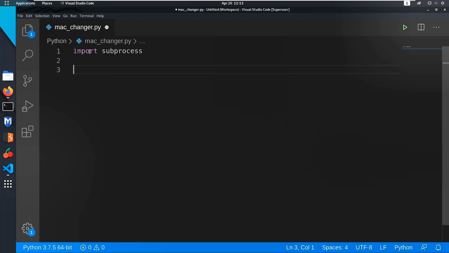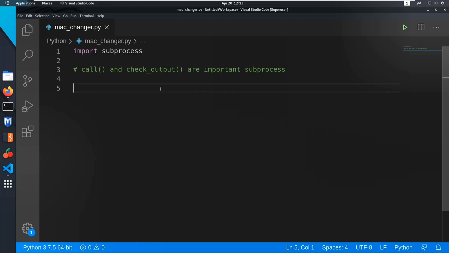The two important methods that we'll be looking at are the call method and the check_output method. These are the two methods that we'll be using in subprocess. I also recommend you document it by using comments, because when you open it later, it might be difficult to remember what those mean. So let's implement a simple code right now.